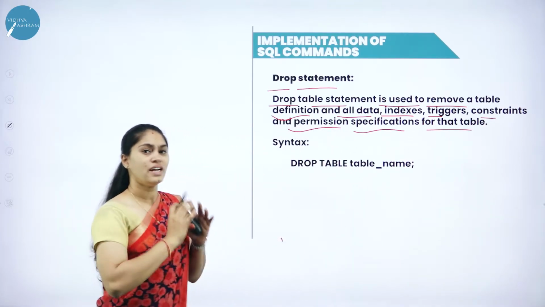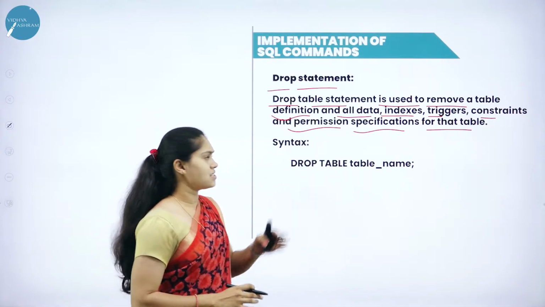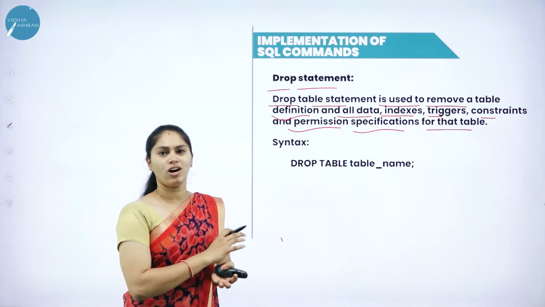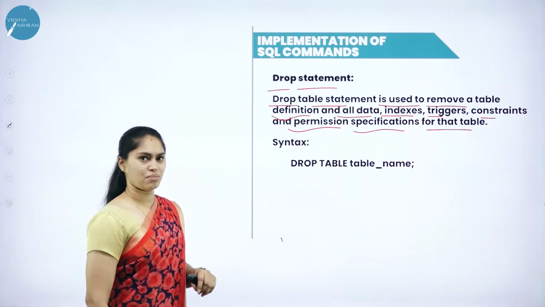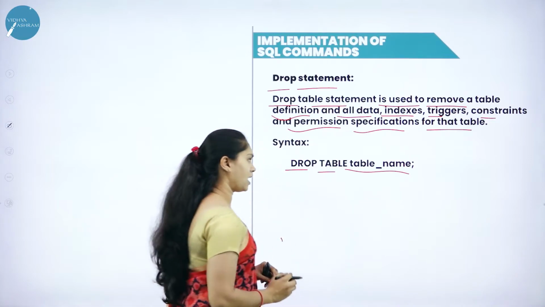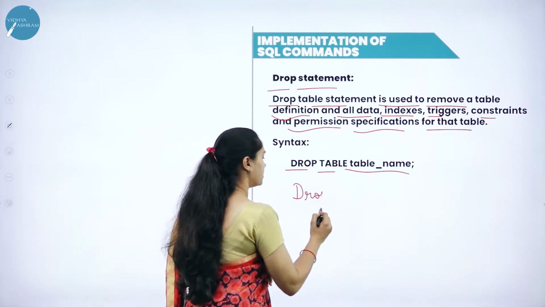If I wanted to delete all the content or if I wanted to delete all the constraints, triggers and its indexes, if I wanted to remove the table overall from the database management system, then we have to use this drop statement. How we are going to do this then? Drop table and I have to give a table name at last semicolon. For example, drop table